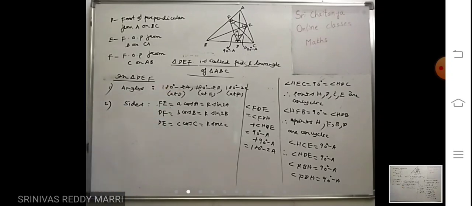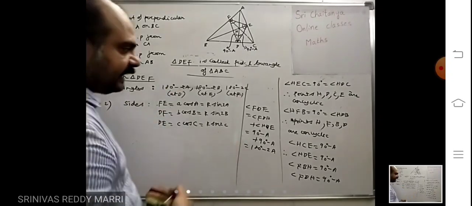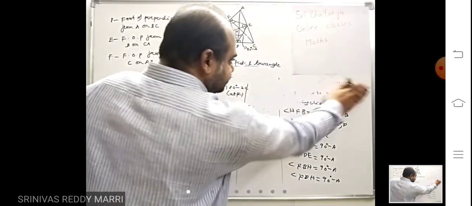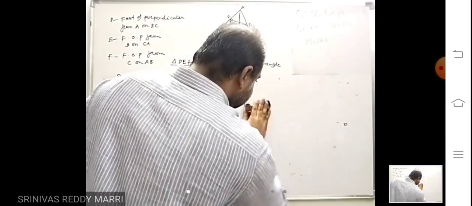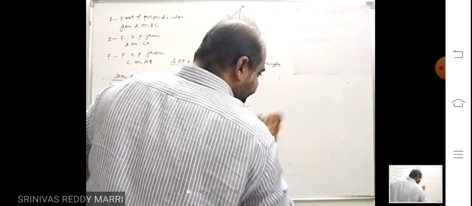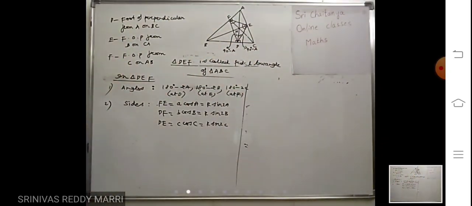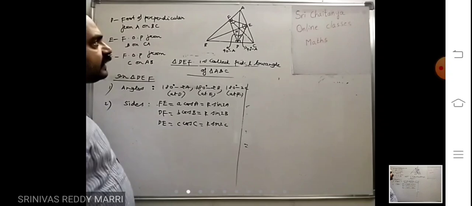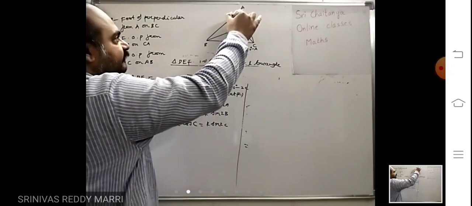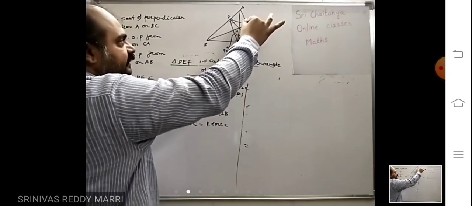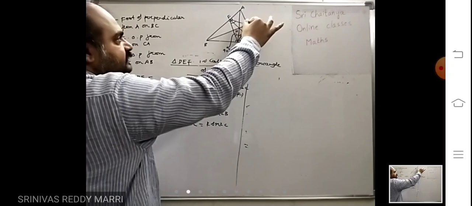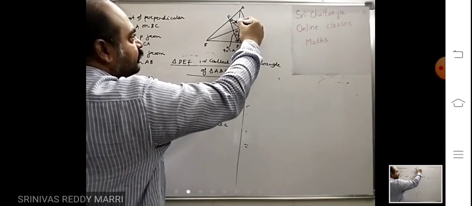Look at how I will calculate here. These two, the angles and sides, you have to remember the formula. After that, you will get a number of things by using this. Look at here, I want to calculate FE first. This is FE.